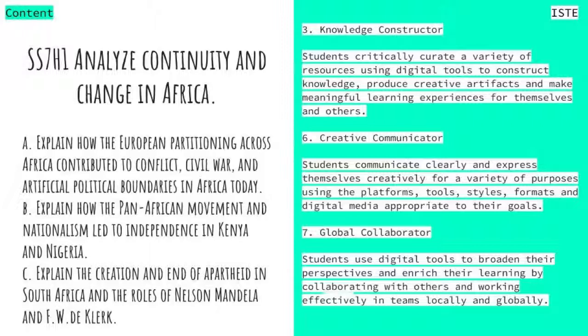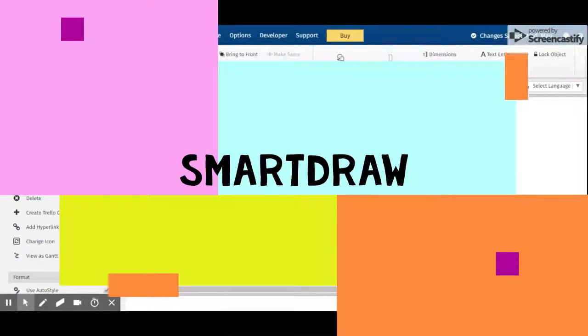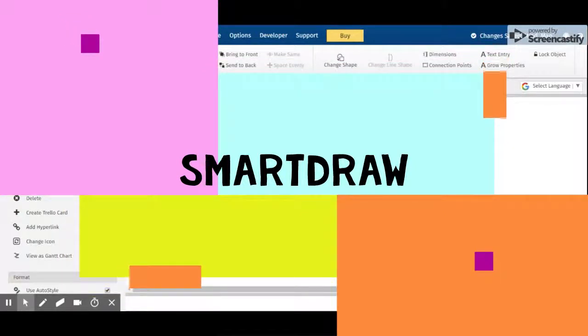The basic idea for this lesson is that students are going to research, starting with Africa, about apartheid and these civil rights activists in Africa, and then build on that to look at different civil rights activists and change agents throughout the world. This is an example of the Smart Draw website, which I gave my kids a choice about